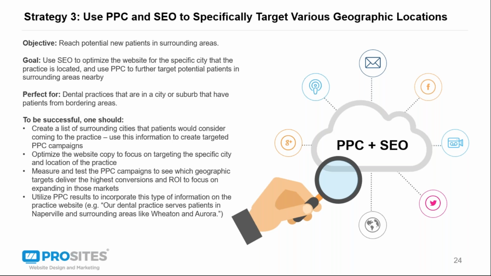So I'll give you an example. Those of you familiar with Southern California, you know that Los Angeles is huge. So say a dentist is in Hollywood, right? So if they're doing well in SEO, they'll typically just show up in the Hollywood location. So they can implement a PPC strategy to target surrounding neighborhoods such as West Hollywood, North Hollywood,